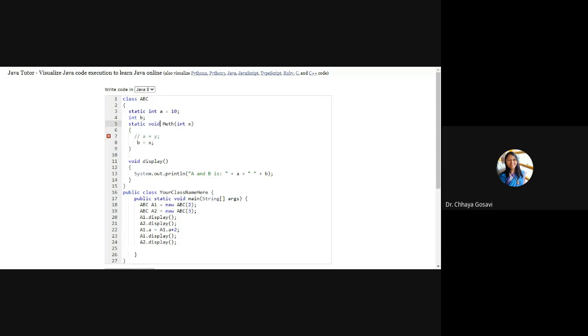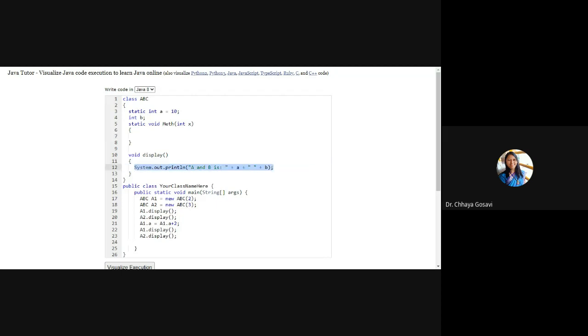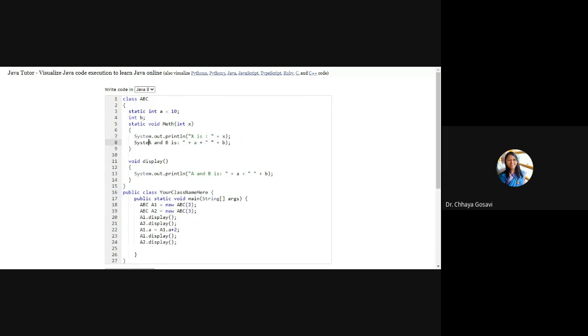I need to give a return type, int x, and System.out.println, x is x, and a and b is a and b. No need of the display function.